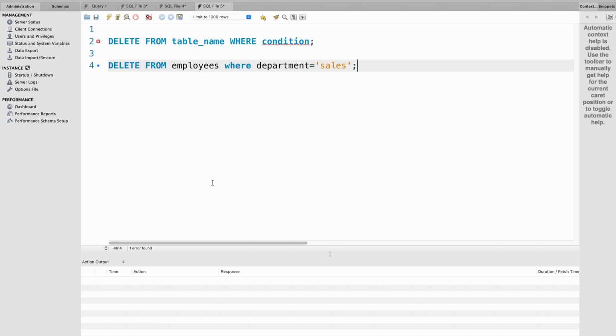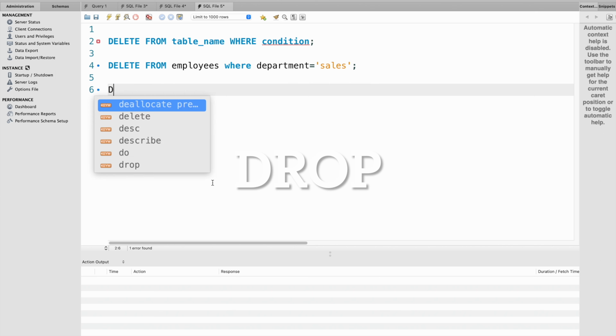Okay, next we'll learn about the drop command. So we have to note that a delete command only removes rows from a table. The table structure and metadata remain intact. Next, the drop command. The drop command, on the other hand, is used to remove entire database objects, including tables, views, and indexes. So the syntax for using drop command is drop